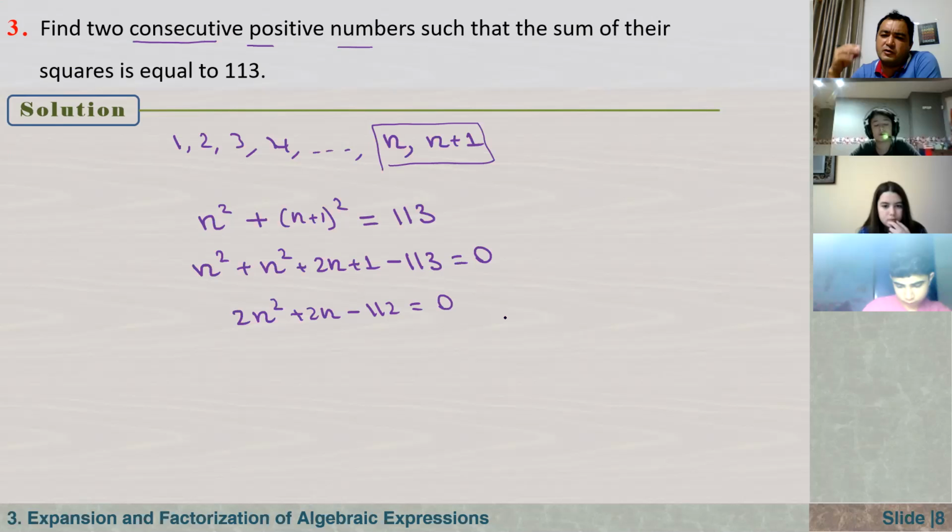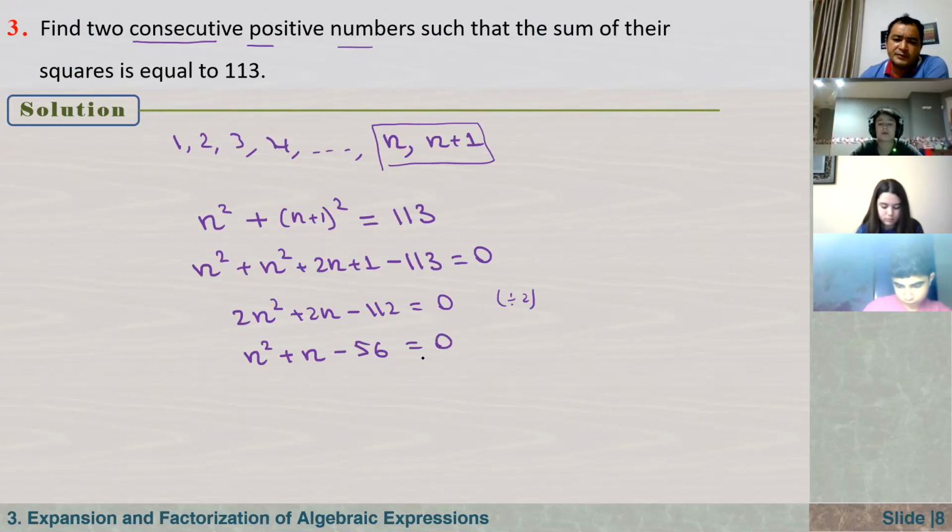Can we simplify the equation further or not? As you see here, all numbers in the equation are divisible by 2. By dividing both sides by 2, we can simplify this further, right? Because in math, that's the main logic: always before solving the equation, we have to simplify as much as possible. Then we have to try to solve it. So if you divide both sides by 2, here we have n squared plus n minus 56